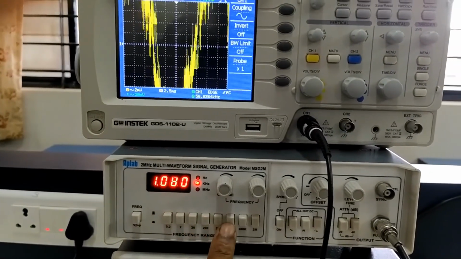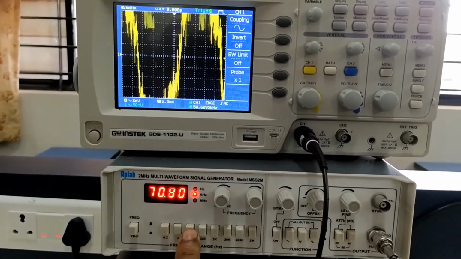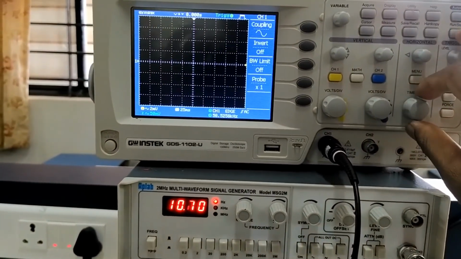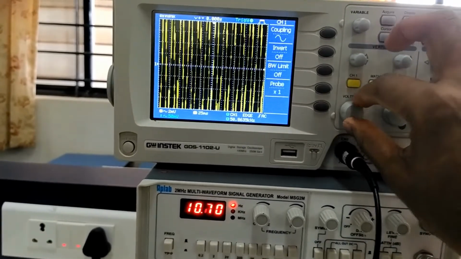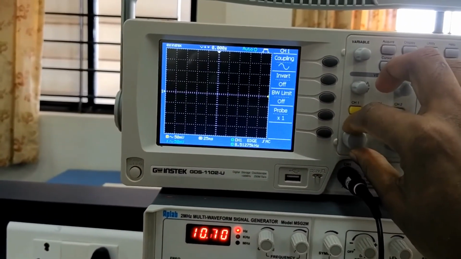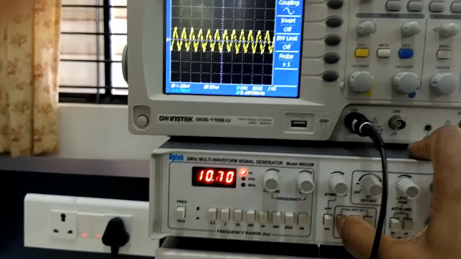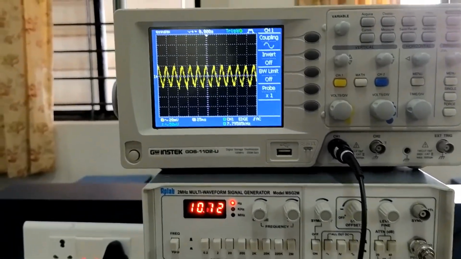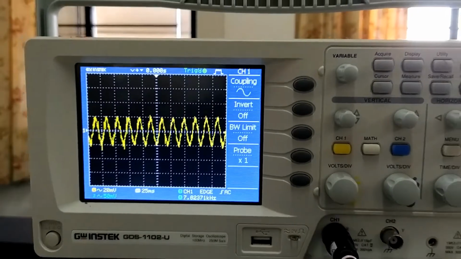So let's go with some other frequencies. You can see the waveforms here. I'll be selecting sine waveform, and you can see the waveform appearing on the digital signal oscilloscope.